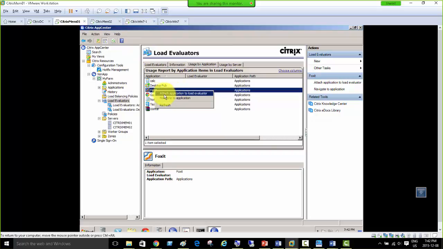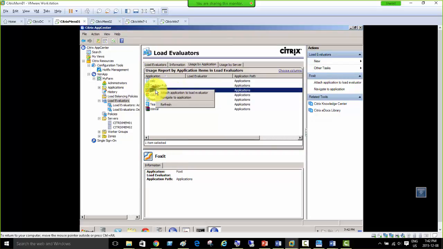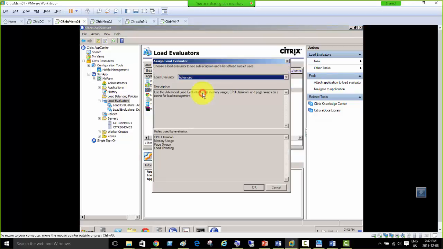of this class. So, for any application that I want to publish, they all have that option of attach application to load evaluator. So if I select that, assign load evaluator, would you want to assign advanced load evaluator or default? If I select default, the default load evaluator uses the user session. So rules used by the evaluator would be server user load,